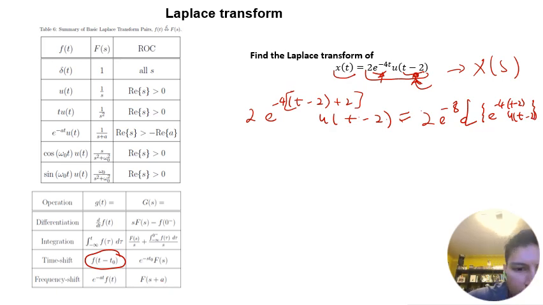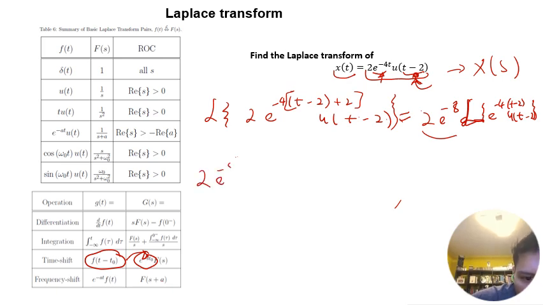And now we can use this time shift property to say that this is just equal to... we need to take the Laplace transform of this, and we can factor out all the constants. This is the Laplace transform. Now we can use this time shift property to get rid of the delay by 2, so we're going to have that this is just equal to